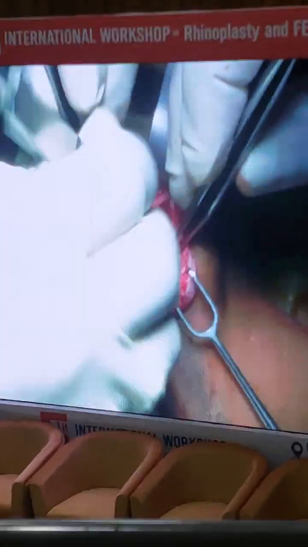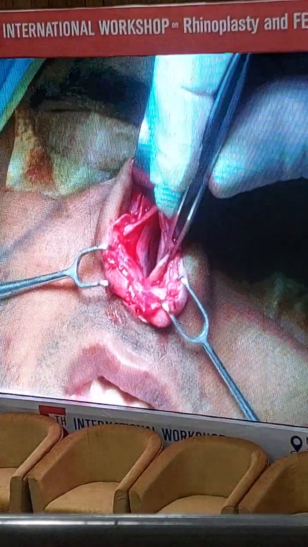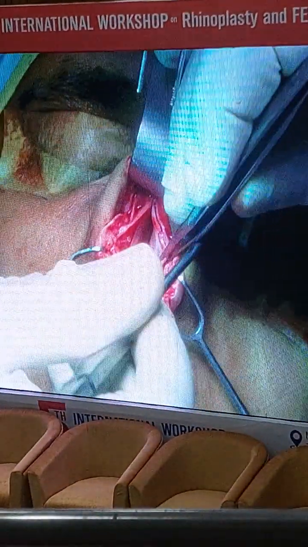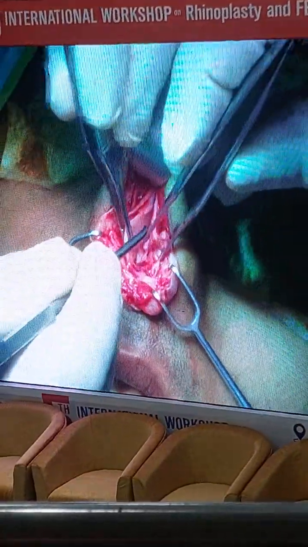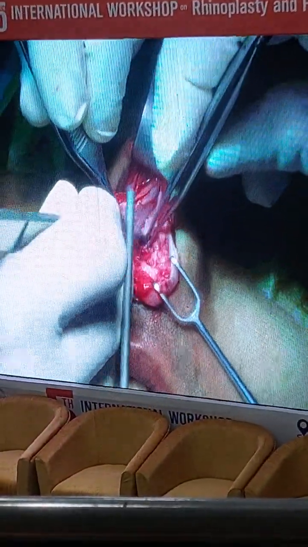So just like this, I go posterior inferior, almost go down, and then I move posterior superior, and in the last on the anterior. Look there. Because you are in the right plane now. Otherwise there is a lot of bleeding. Now on this side, you can use the blunt end.